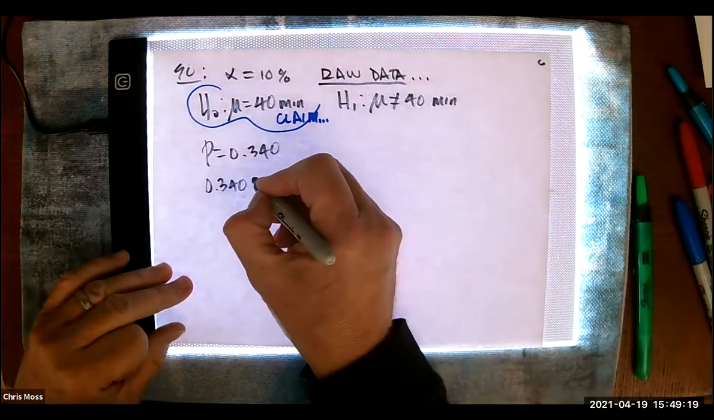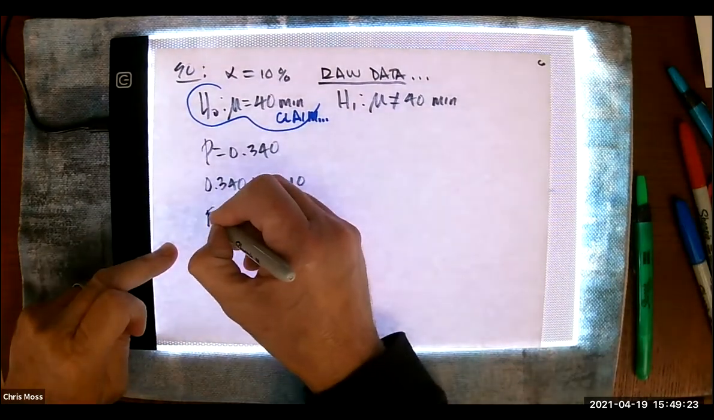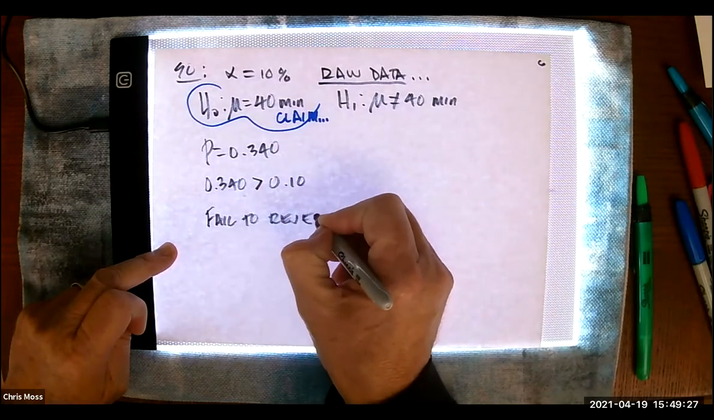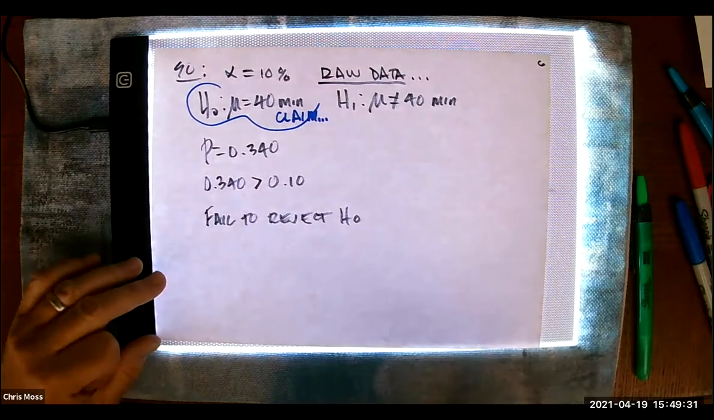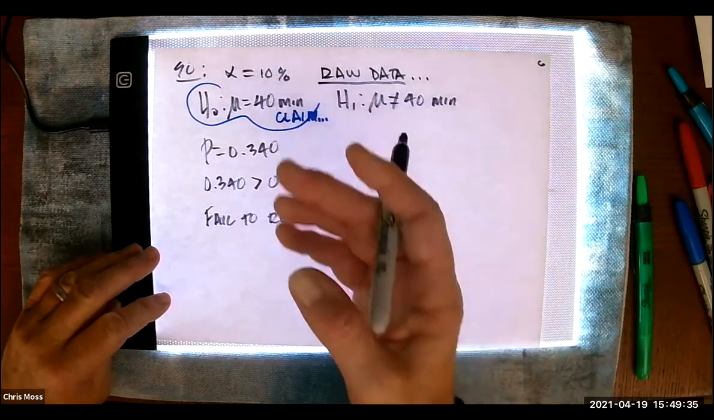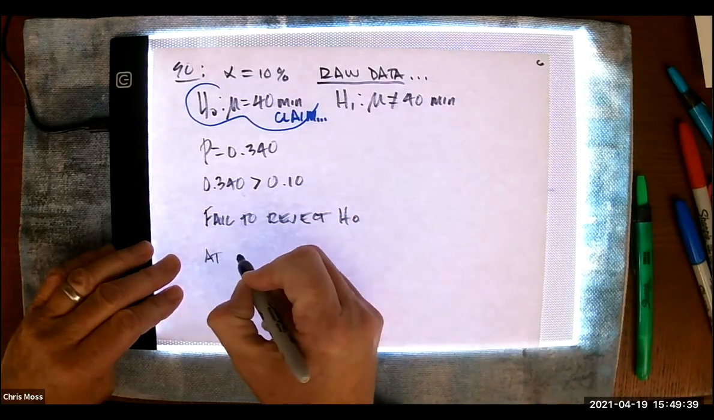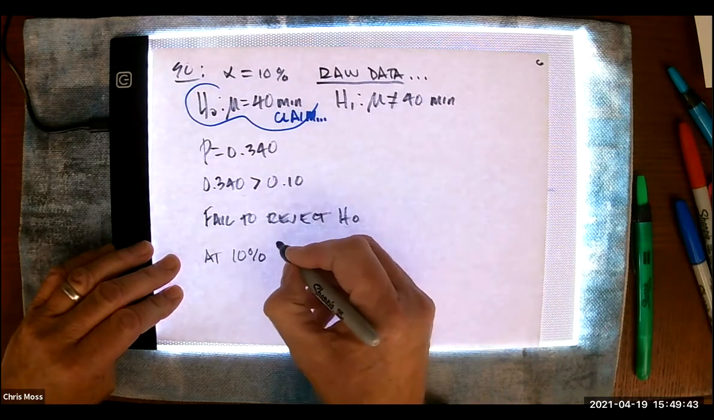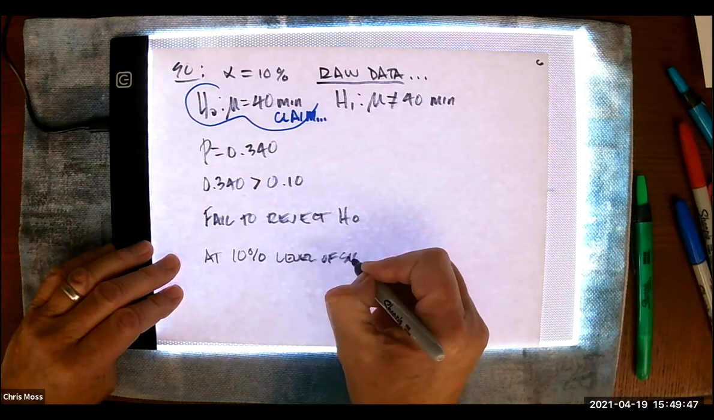So it's really clear that the p-value is bigger than the alpha. So the outcome is to fail to reject H0. That was my initial claim, so we failed to reject it. So we're going to keep H0 as our working hypothesis. So we're going to say at the 10% level of significance,